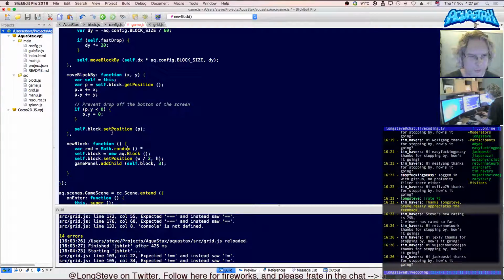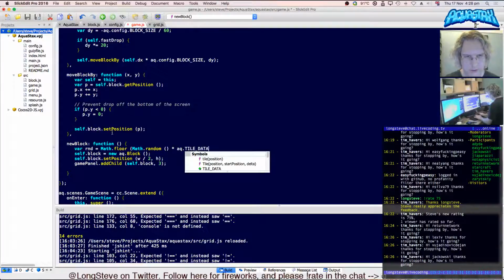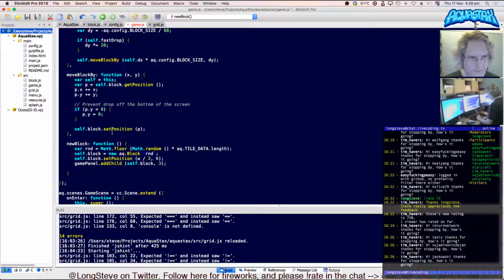Random number between 0 and 1. So we want math.floor times aq.tiledata.length, however many tiles we have. So let's do that. The number. Then self.block,